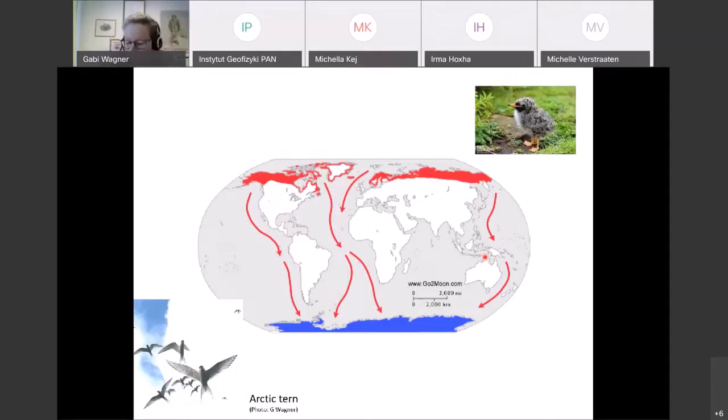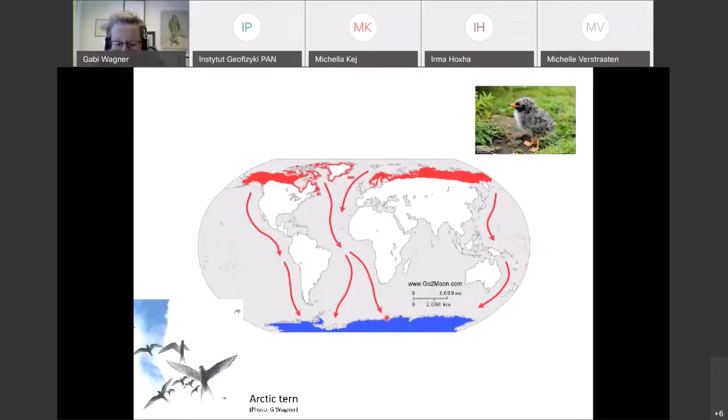Okay, so the Arctic tern has its young ones in the Arctic, and this is what a baby tern looks like. And then as soon as the Arctic summer is over, they are amongst the first birds that disappear, and they go to their overwintering grounds in the Antarctic. And that means that the Arctic tern pretty much lives in eternal spring. It's going through all the other seasons along the way, but the tern itself, when it is stationary, just knows spring and summer.